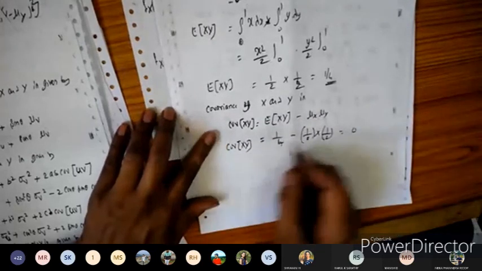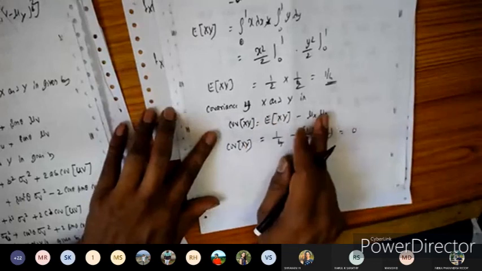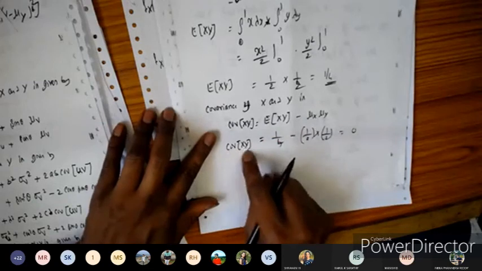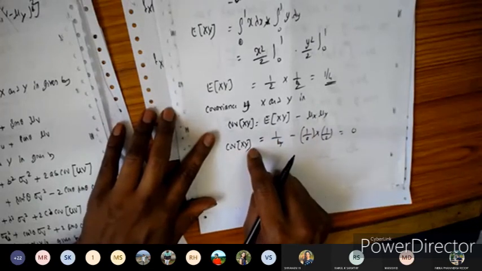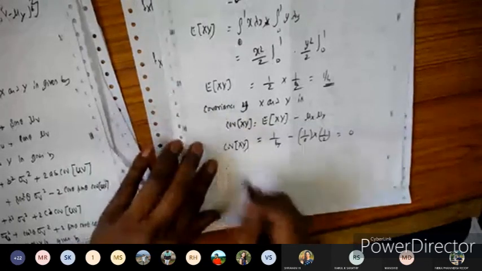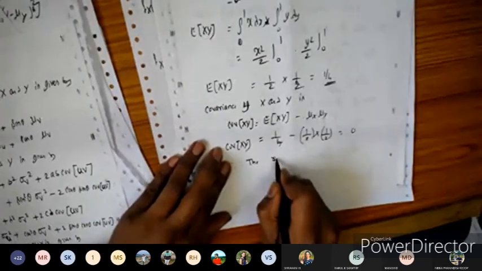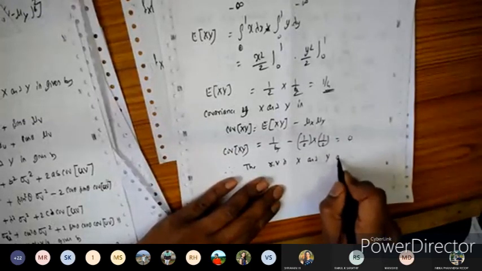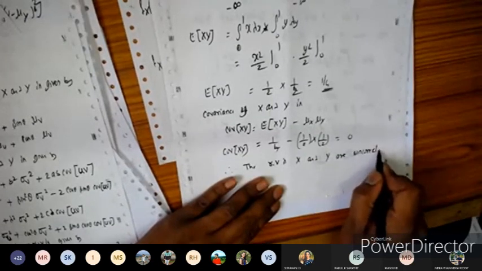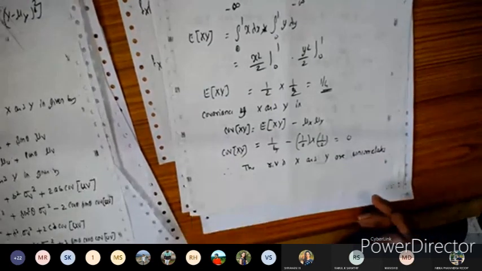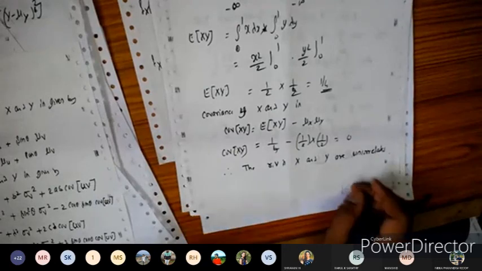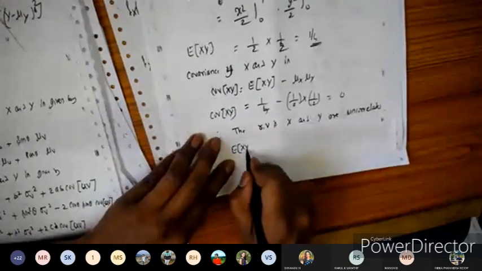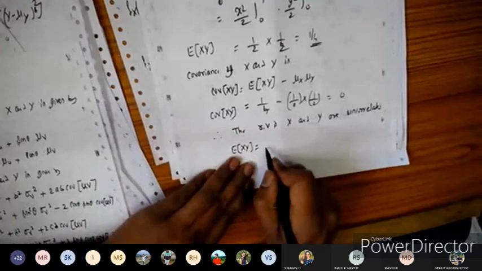So the covariance is equal to 0, which means we can say that the random variables x and y are said to be uncorrelated. You use the concept of uncorrelated for the covariance, while for the PDFs you say they are independent random variables. Therefore, the random variables x and y are uncorrelated here. And also we can observe one more thing here: for uncorrelated random variables, as already seen in the theory classes, the correlation between x and